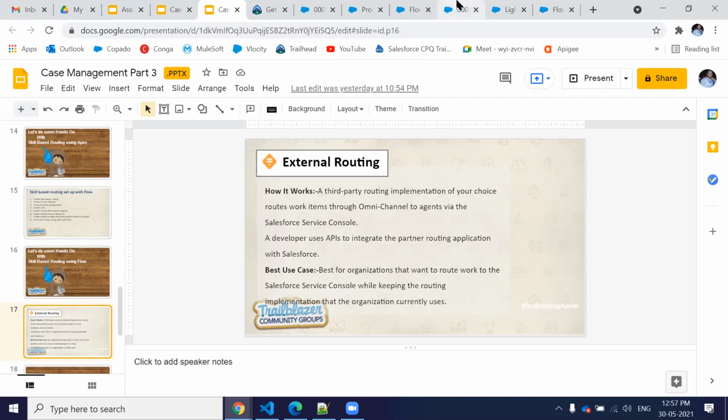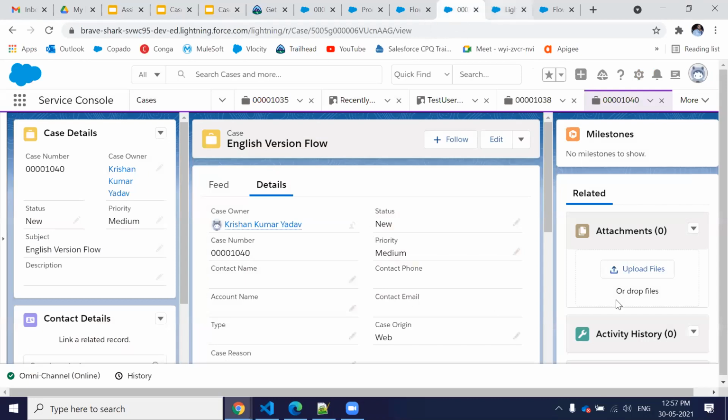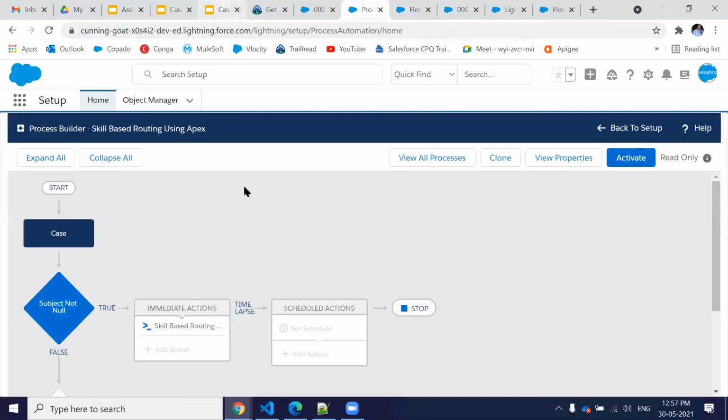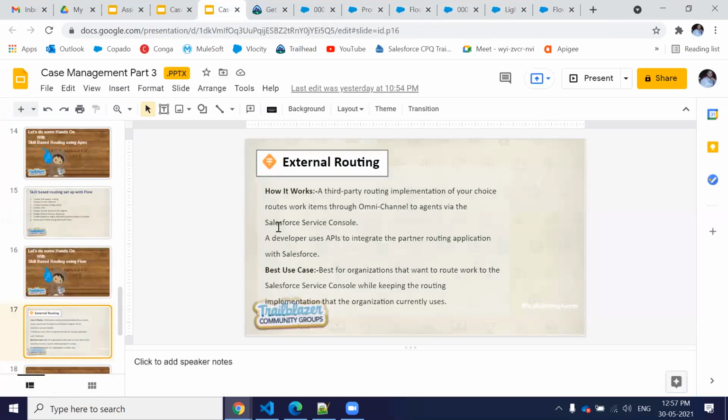Routing means whatever routing configuration or algorithms we are creating, whether through Apex or other means, the algorithm that works when they route the case to the agent. So from assigning the case to the agent, that process we call a routing configuration. That routing configuration you can hold inside external parties and call inside Salesforce.